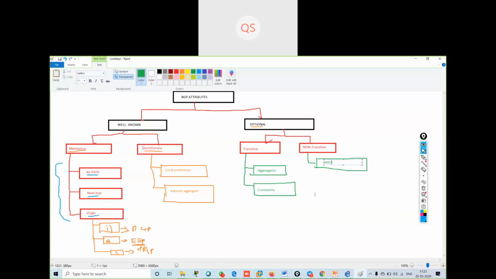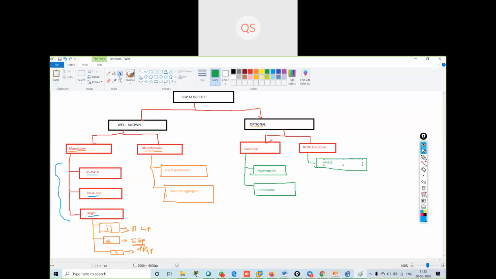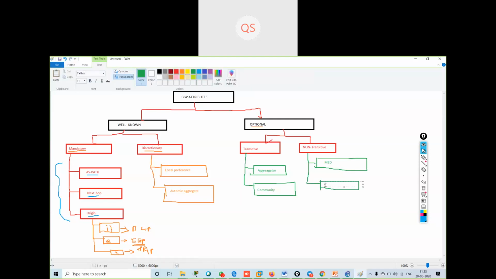Then I have originator, which is also CCIE level information.